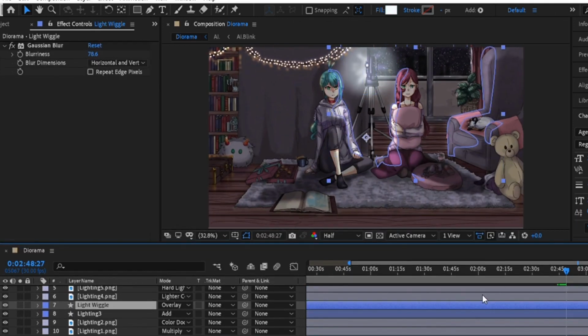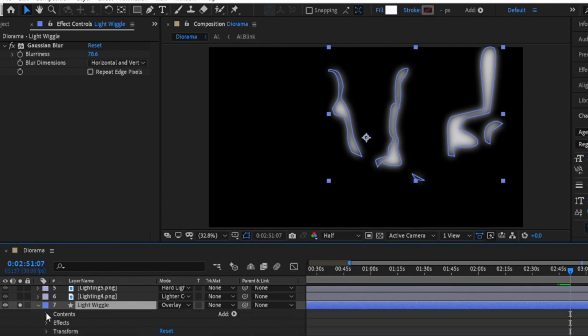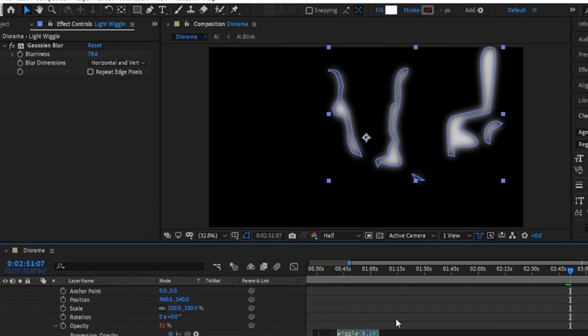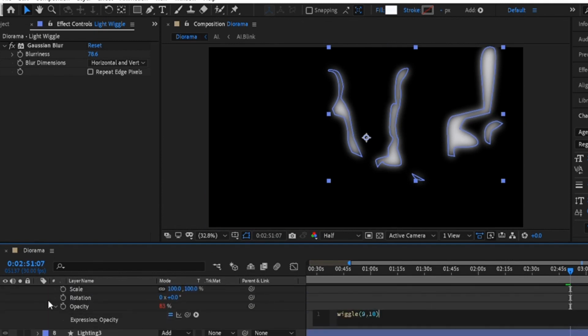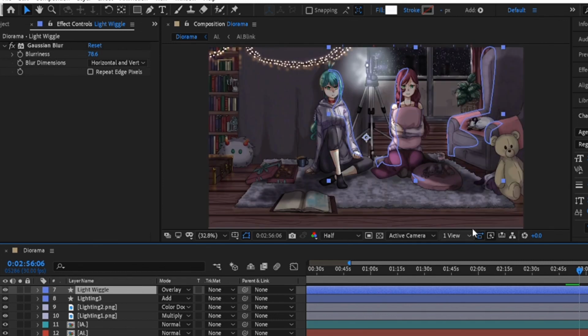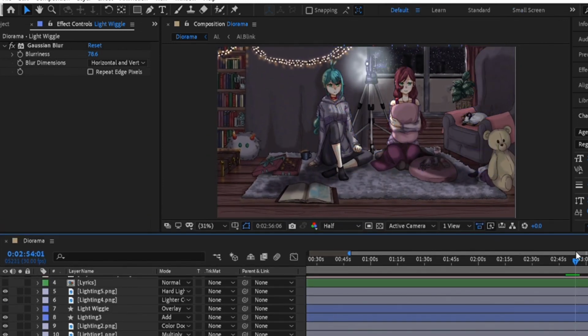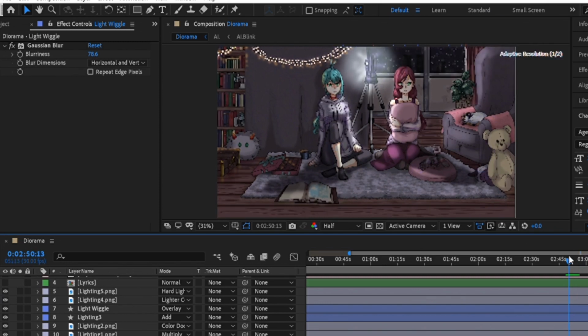In reality, such a light source would heat and illuminate other objects around it, so I also created new shapes around the borders of objects that would be lit by that light, like the sofa or our bags. Blurred them to help them merge with the image, and then animated the opacity so that it would wiggle a little bit and look like it was actually caused by the projector's light.